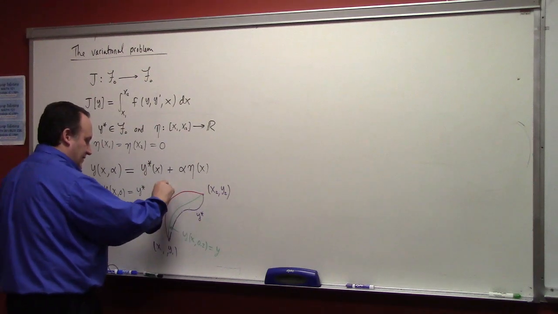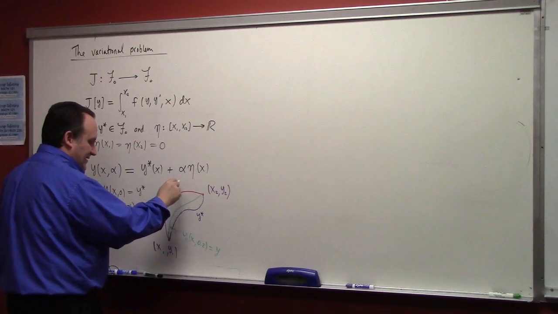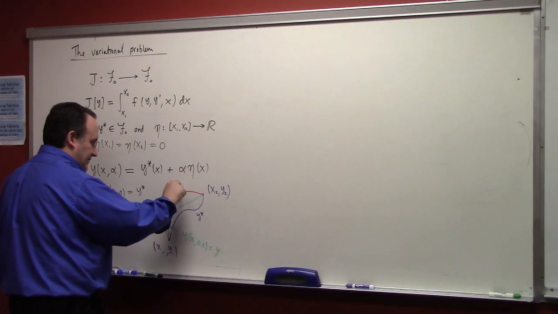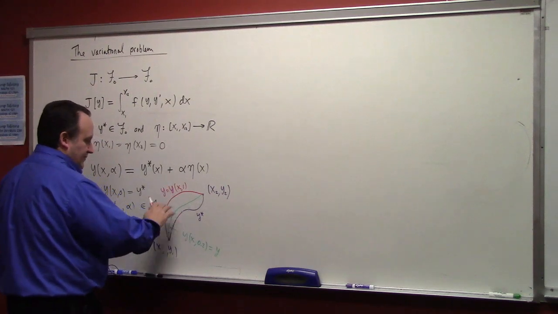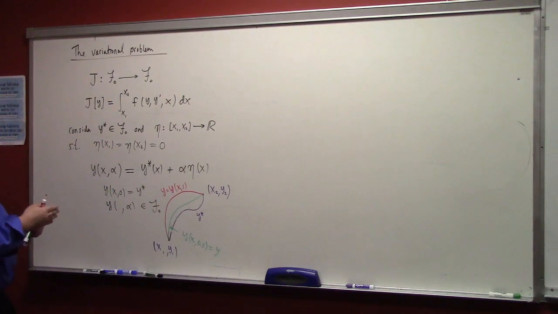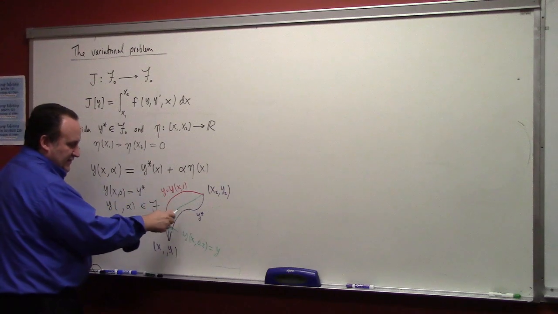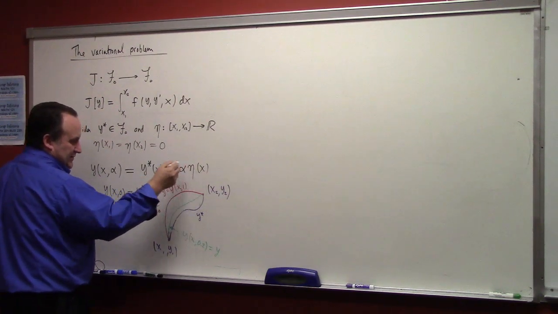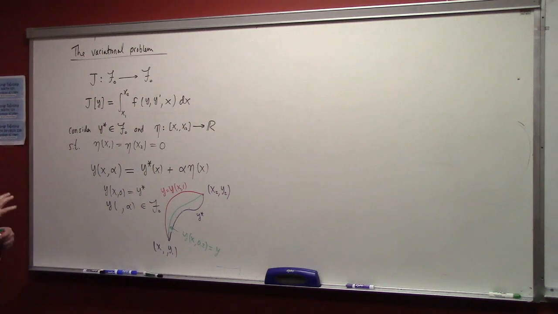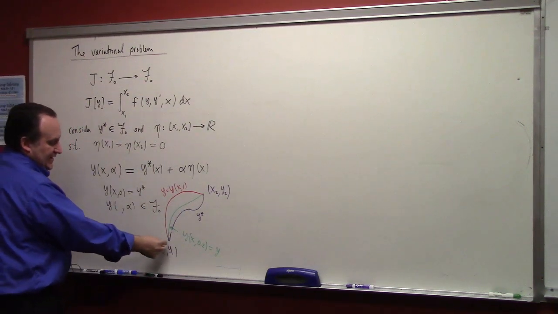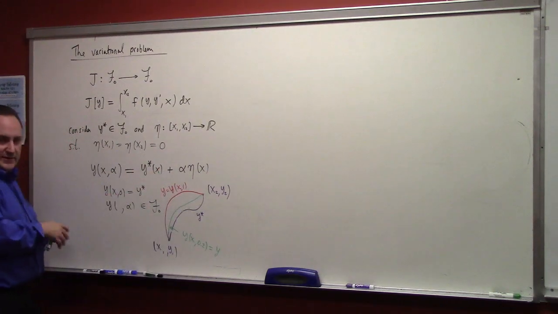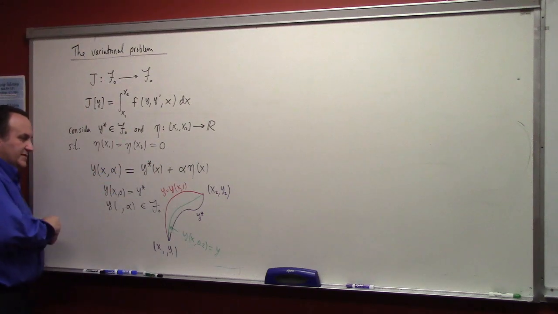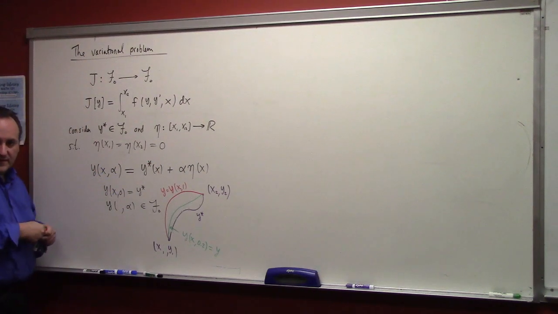Maybe that's y of... Now if I was doing it correctly, of course there should be some regular pattern between, because I'm just adding a scalar multiple of the eta function, right? That's what this formula does. It just adds a multiple of eta at each point. But the thing is, the eta is fixed at the endpoints, right? So it's clear enough that this whole family of functions does fit in the space F0, right? Okay.